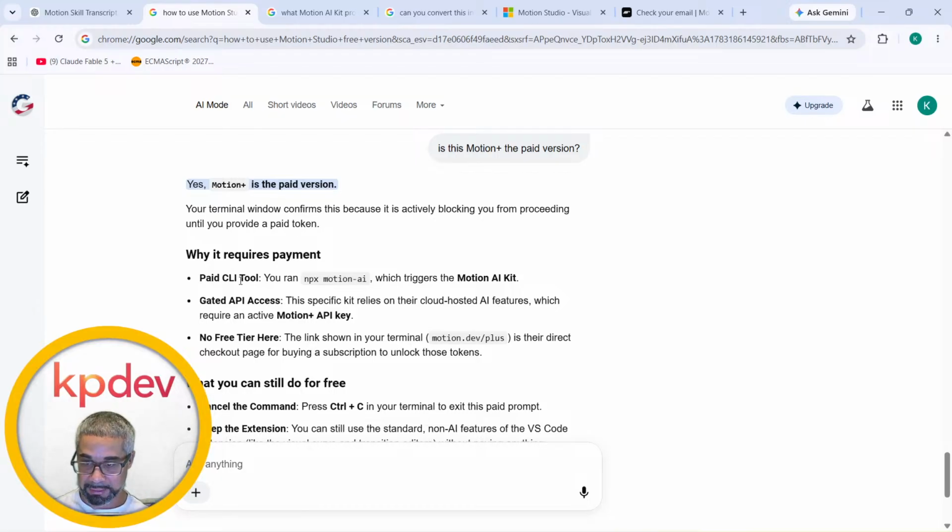Paid command line interface tool. You ran an NPX Motion AI, which triggers the Motion AI kit. A gated API access. This specific kit relies on their cloud-hosted AI features, which requires an active Motion API key. No free tier here. The link shown in your terminal is their direct checkout page for buying subscription or to